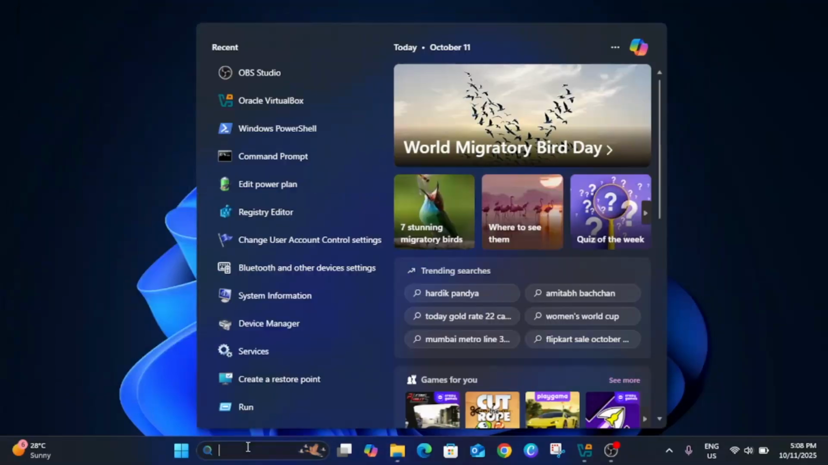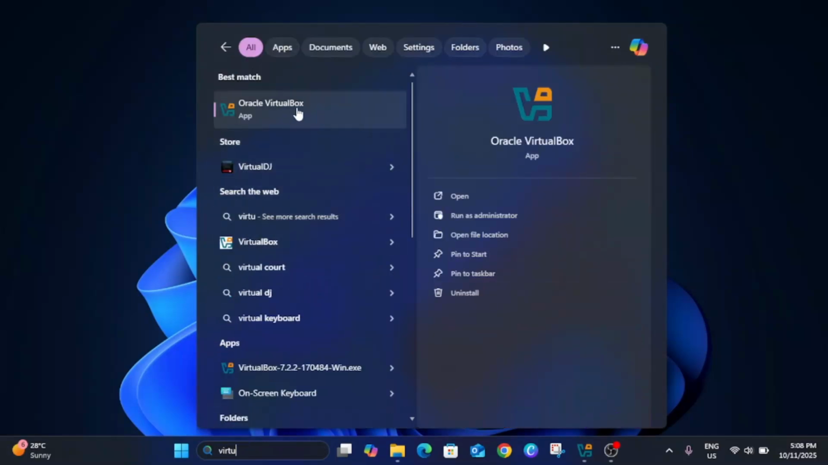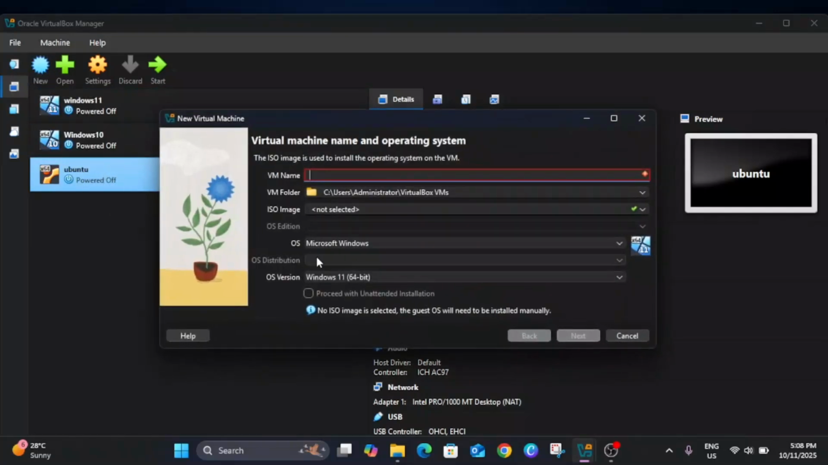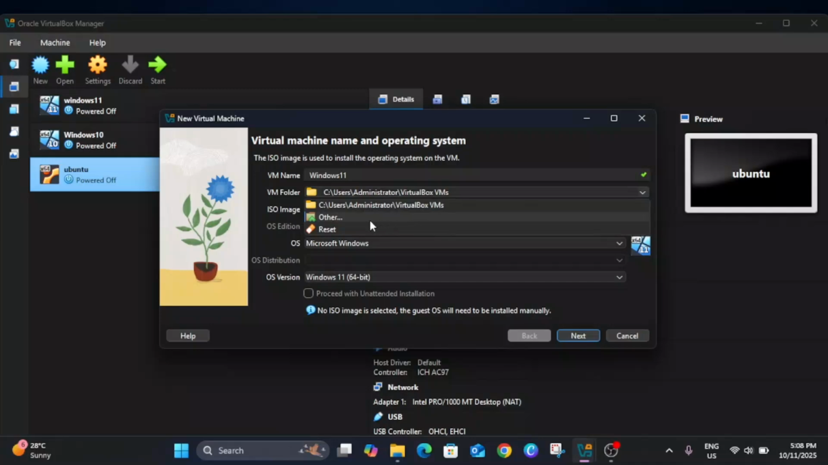Once you have installed VirtualBox, simply open that up, and if there is no virtual machine on it, you should be able to get a new option. Click on new and name it Windows 11, and this is the default location. You can keep the default location as it is, this is recommended, but I want to change it to another location,